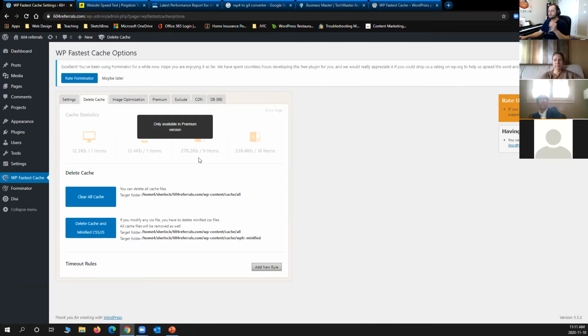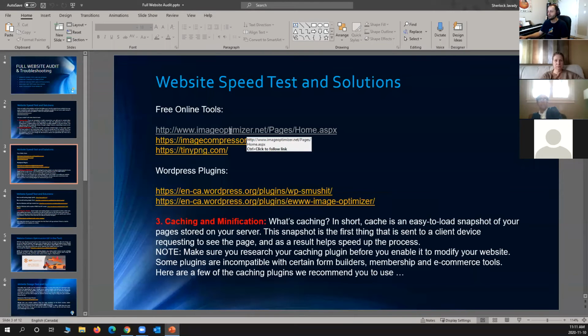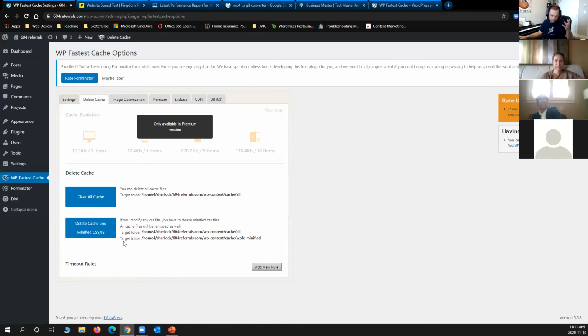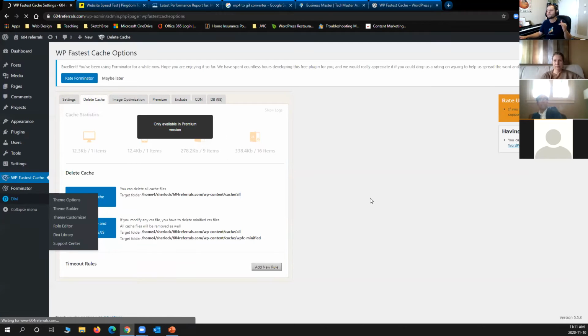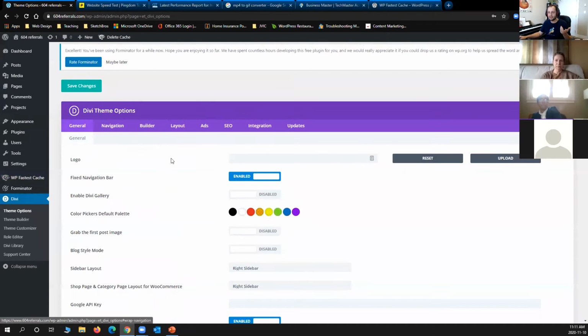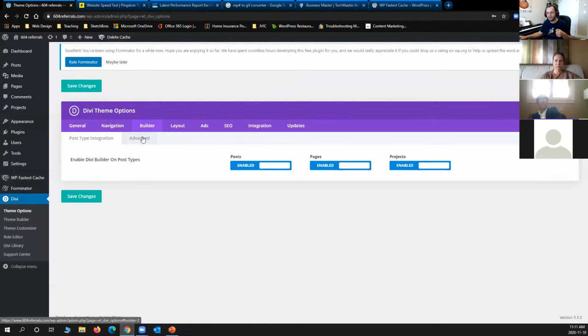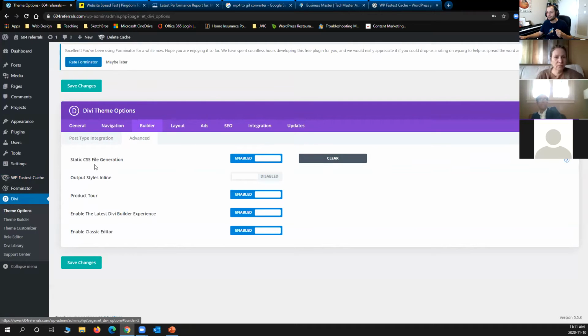All right, now that we're done with this, we're almost done with most of it. I forgot to say, I said clean up Divi. If you remember, I mentioned that. It's about the same thing. If you're using Divi or whatever theme you're using, they can, and most of them do, keep their own version of caching of your styles. So in the case of Divi, I'm going to Builder, Advanced, and you see that it says clear static CSS file. If you clear this, it's getting rid of all the cached versions and it will start creating new files for yourself.